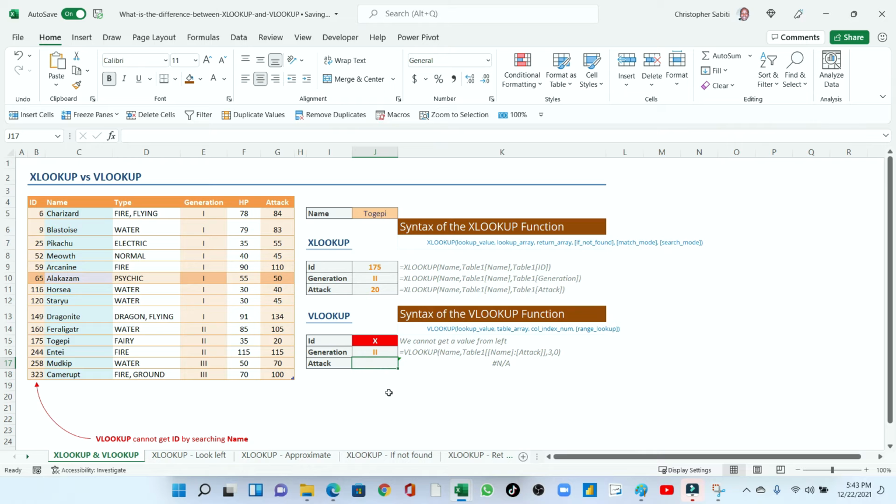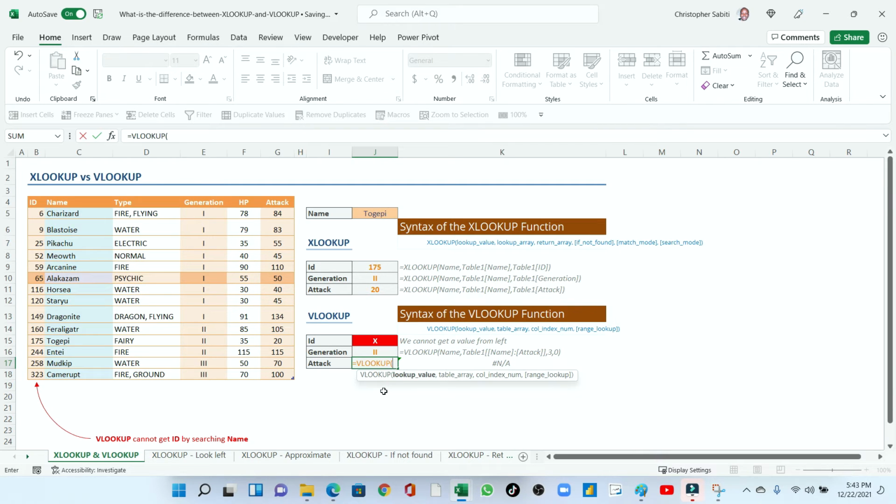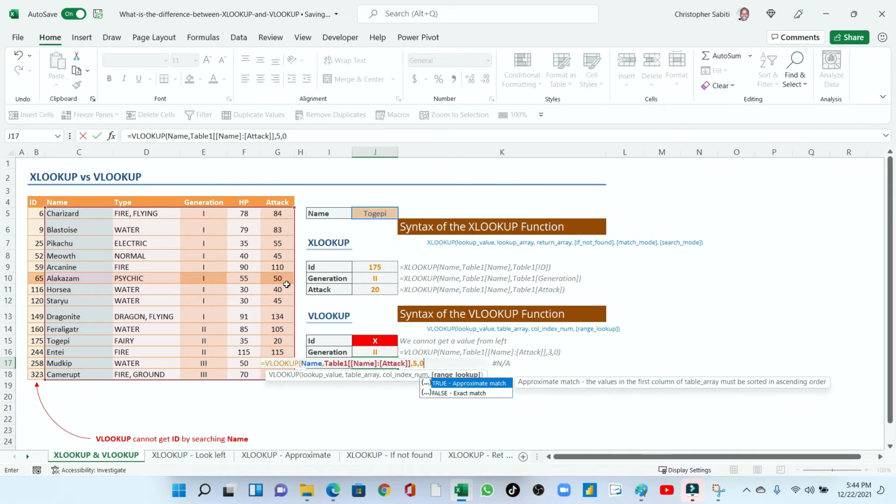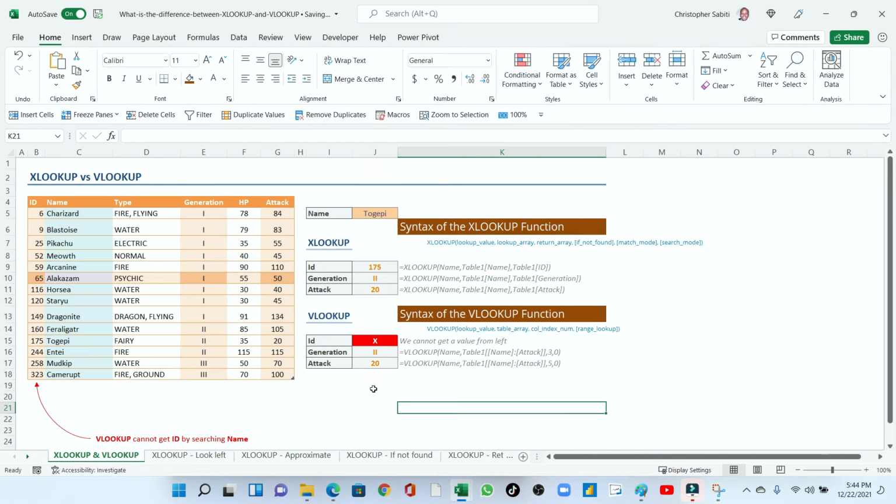We can do the same thing to get the attack with VLOOKUP. The lookup value is our name, then comma, what is the table, still the same table, comma, then what is the column index, this time 1 2 3 4 5, attack is number 5, so we do 5, comma, we need exact 0, and that is it.